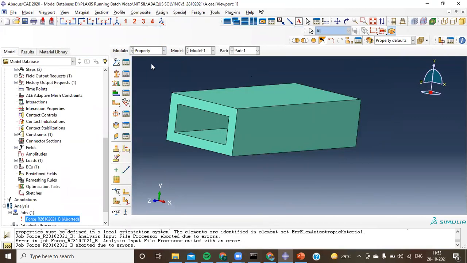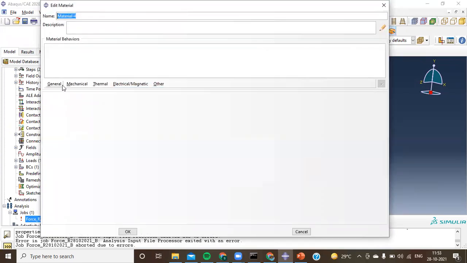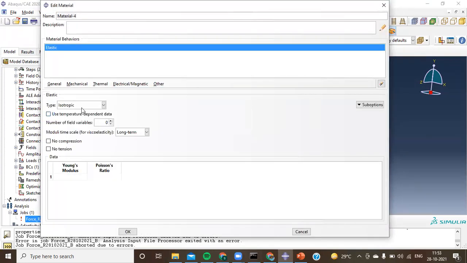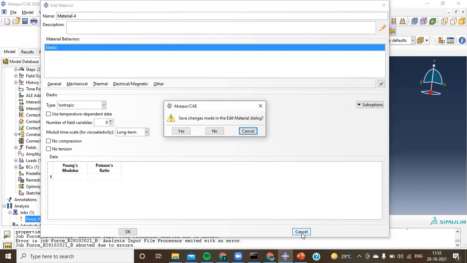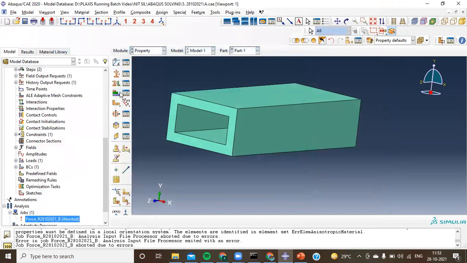So now when I go over here, when I'm trying to go for mechanical, elastic, and instead of isotropic, I choose engineering constants, it's going to ask me for all these values, right? Or else the other procedure is lamina. So now I just need to give some kind of local orientation for these kinds of materials. To do that, what I can do,